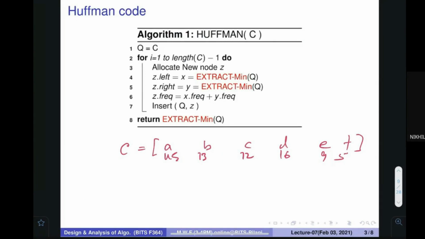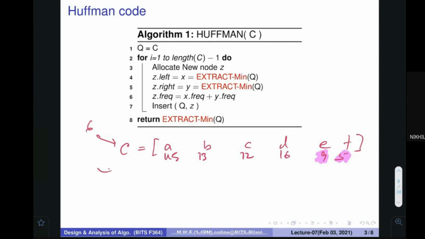The algorithm says to find the two smallest numbers. I can see that 9 and 5 are the smallest. The size of C is 6.